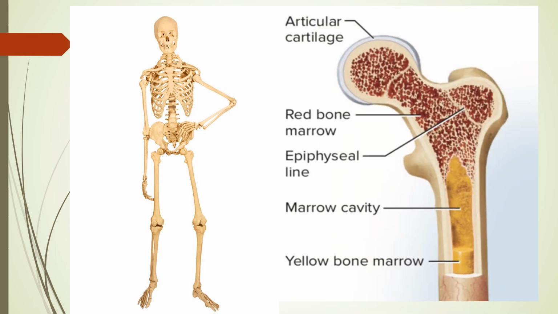This is the cross section of a long bone of the lower limb. Most probably it is femur. You can well appreciate that in the center is a cavity, and this cavity is filled with bone marrow, which is very active. That is why it is red in color. It is very active in forming all the blood cells of the body: white blood cells, megakaryocytes, red blood cells, and lymphocytes.